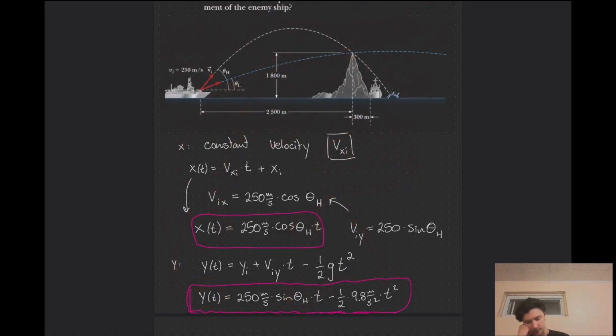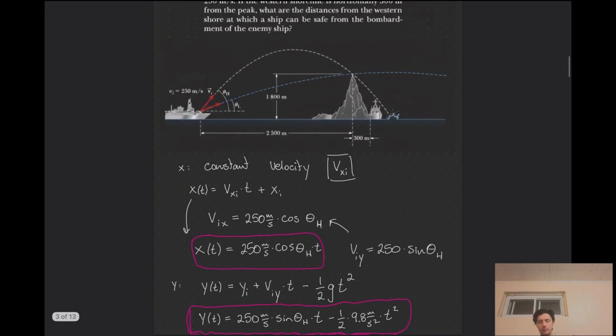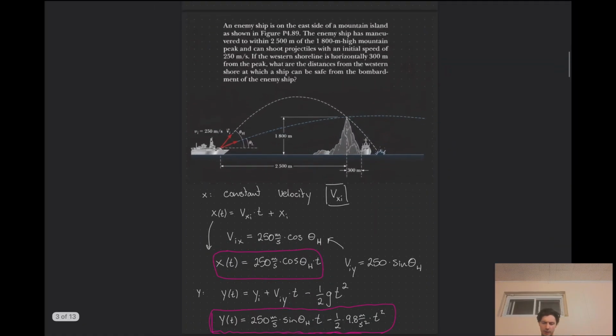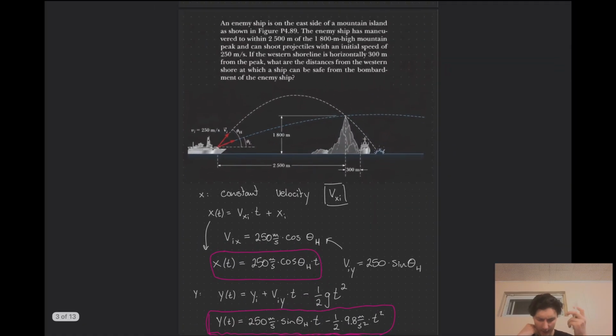So yeah, I'm just kind of trying to see how we could solve this. If we find theta h, what would be valuable about that? I'm kind of thinking ahead, like I said before, so I don't enter some kind of corner that I have to work back from. So I'm just trying to think of how theta h is going to be useful. Well, if we find theta h,